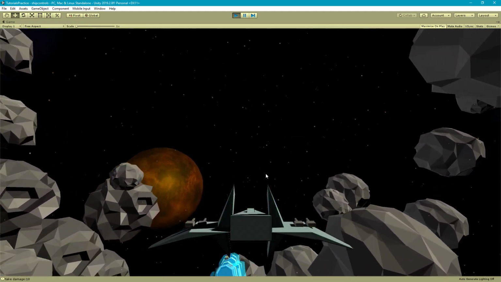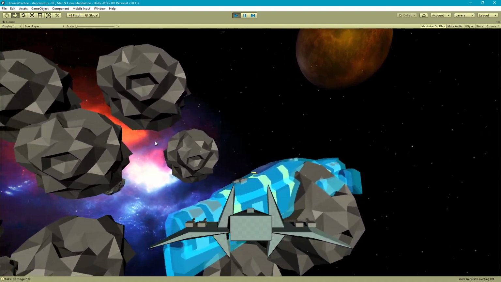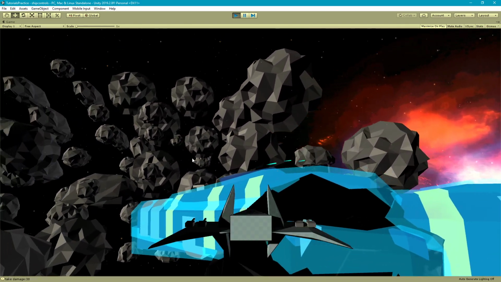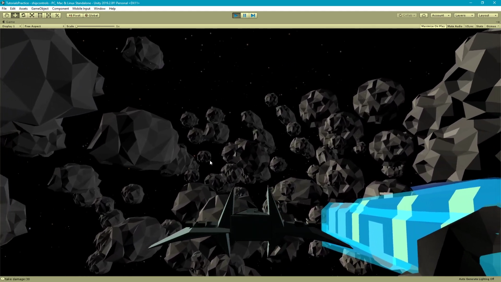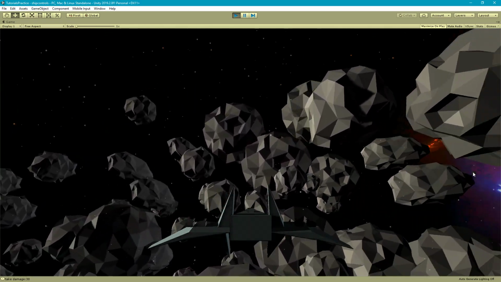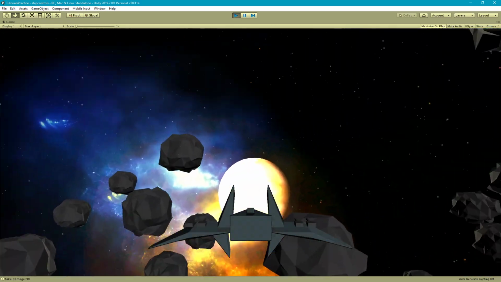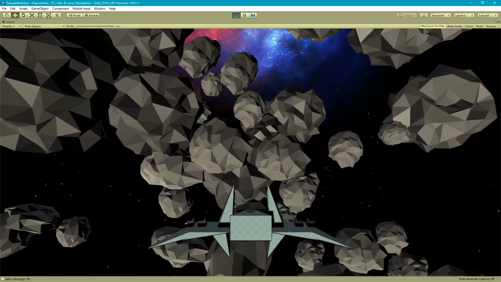So while I'd love to just make a big if-then statement or switch case or something like that of a couple different behaviors and just get something on screen for you, I thought it would be more useful to talk about setting up a behavior tree system. So let me show you what I'm talking about. Okay, so